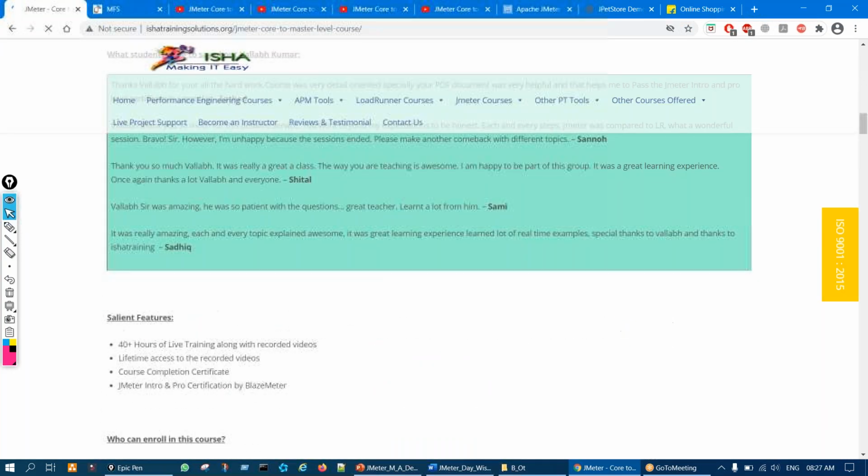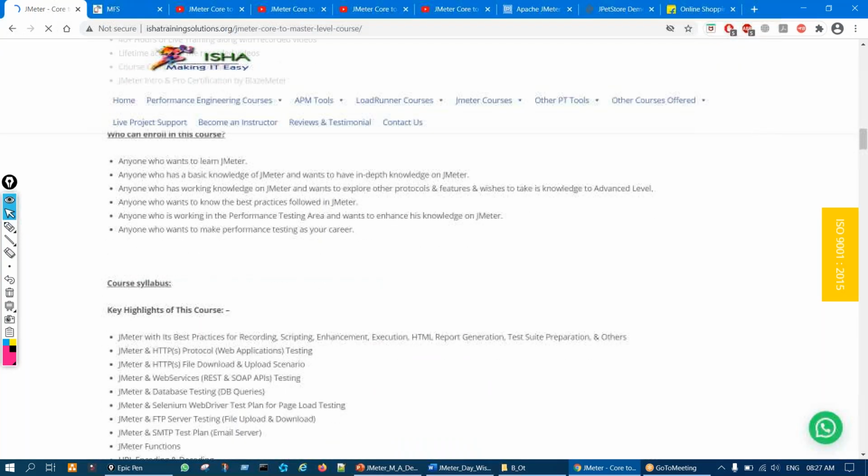Kumar, sorry to interrupt. I have a question. In our project, the client is using some proxies. When I'm trying to use JMeter, it works without proxy, but when I'm trying to access the application, it is not capturing the events. So will you be covering all those things? How will we record the application in JMeter?